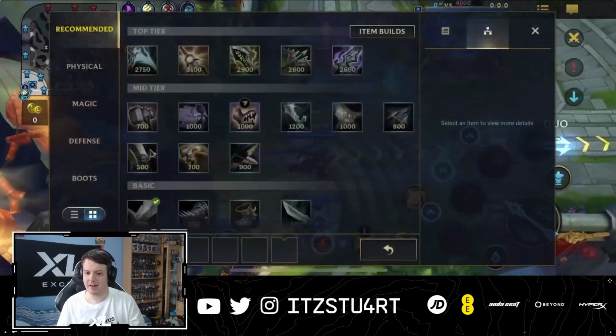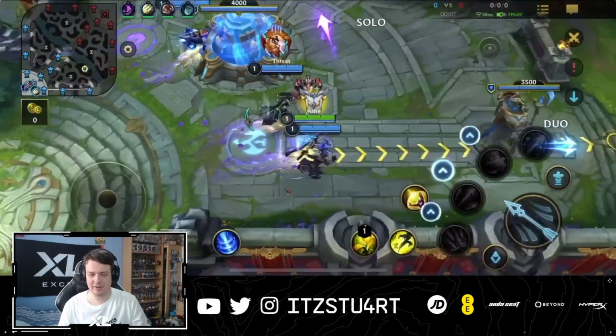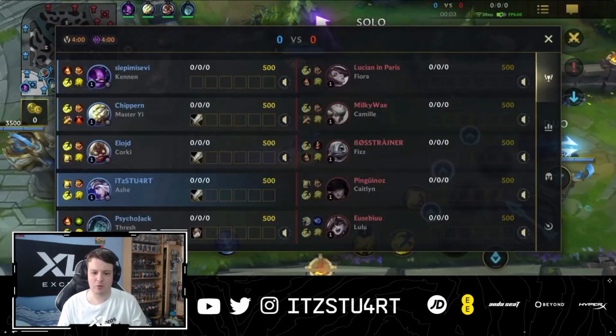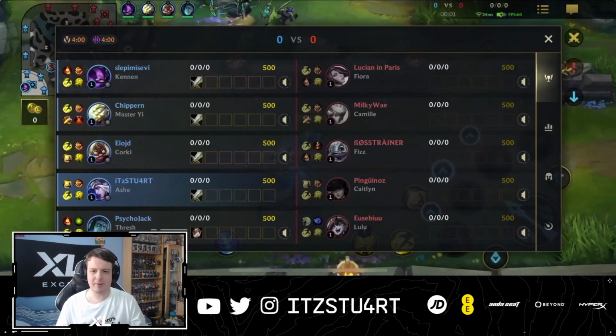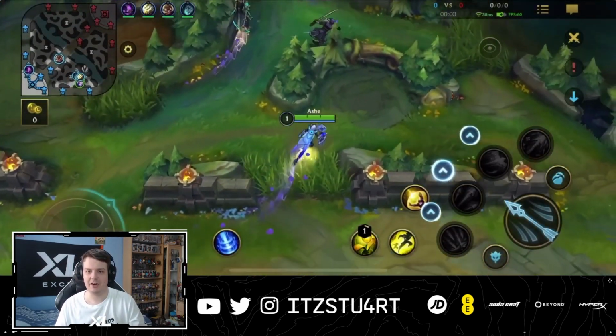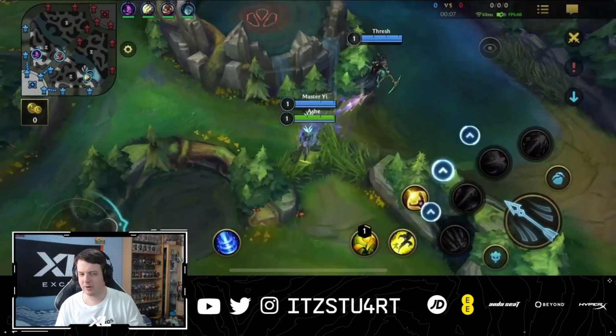This was on my main account when I was Grandmaster. I think it was like 4 diamond teammates in this game. So this gameplay was quite interesting. Not the best in terms of how many kills I got, but kind of showing you how to play Ashe and how you can utilize Ashe's slows and her abilities to allow your team to be